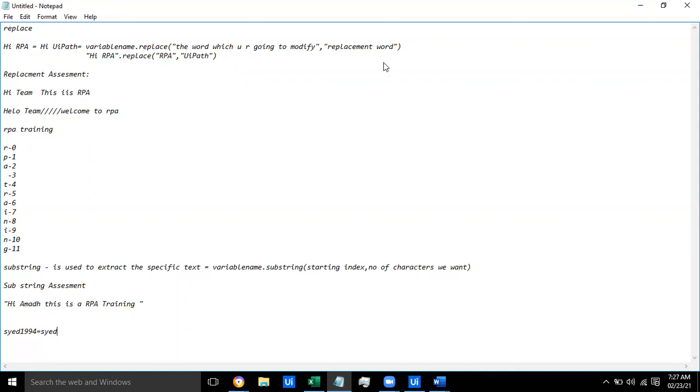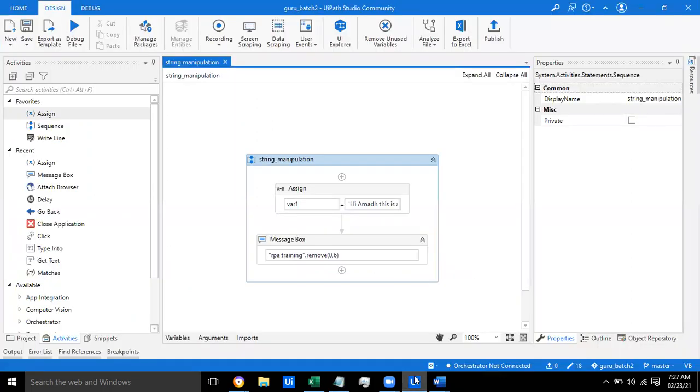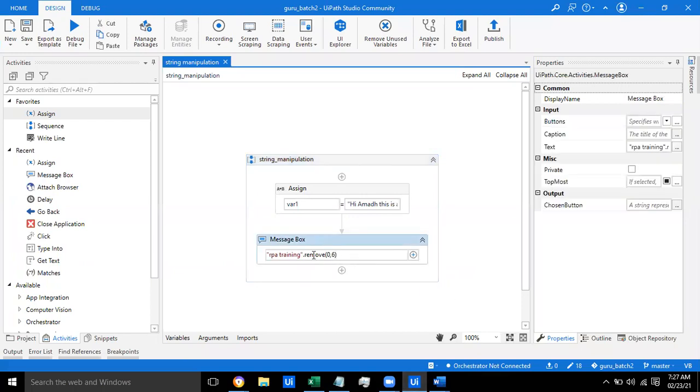Any idea? Ahmed, I will share the control with you. Try to crack this. Umara and Balaji, please help Ahmed in cracking this. So my text will be Syed 1994. I have given the text.